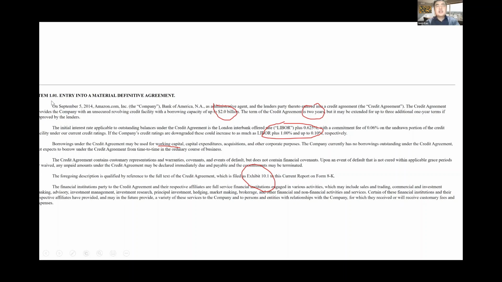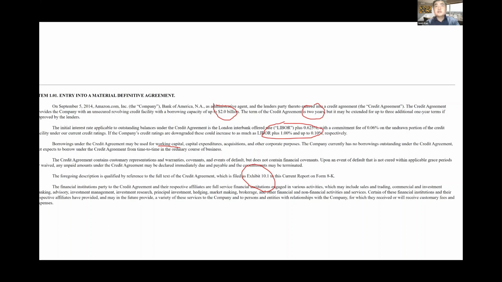1.01. So these several things we repeated, right? Because this is a contract, this news goes to 1.01. You guys should be very clear about that. Okay, so let's see what kind of information you can get from the contract. You can get a loan amount. The loan amount is $2 billion.